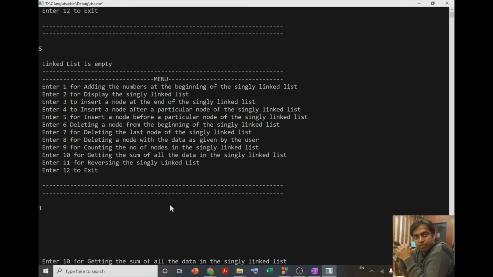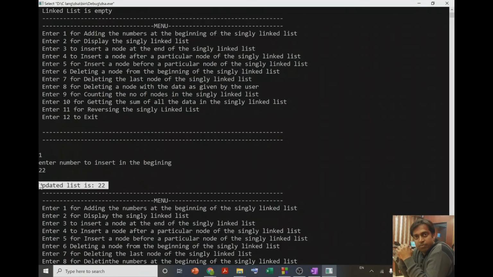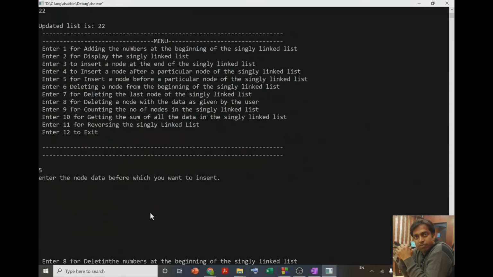So let me now insert some value. Now you can see in the linked list I have one value, 22. So now if I select 5 again to insert a node before a particular node, it is asking me to enter the node data before which you want to insert. Suppose I enter 4.